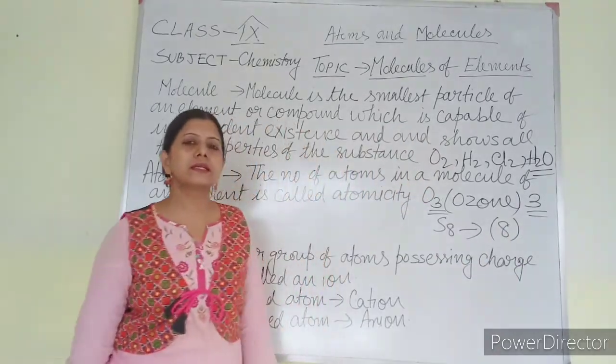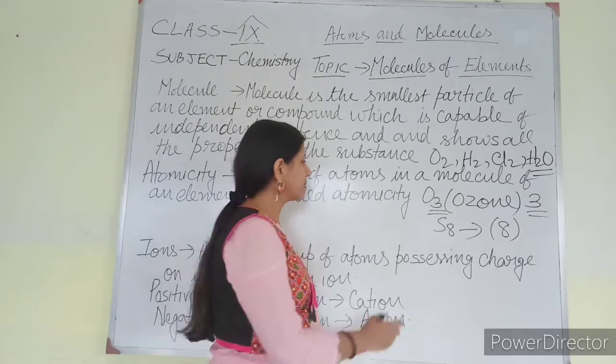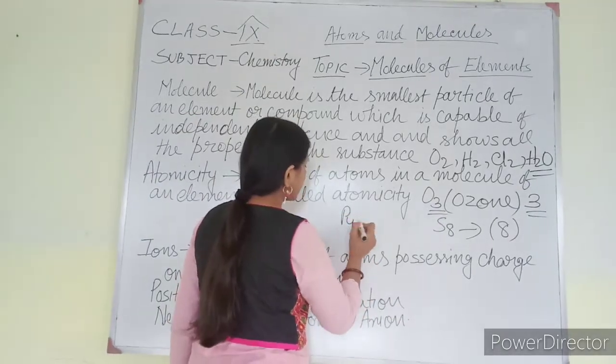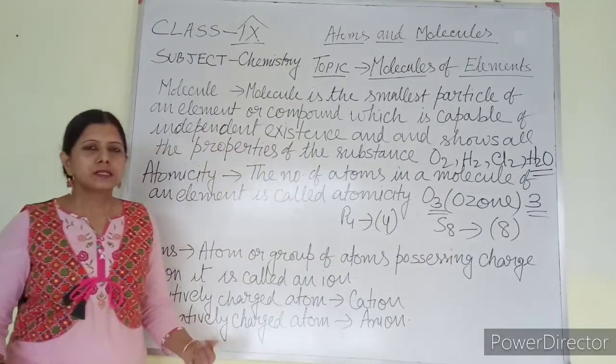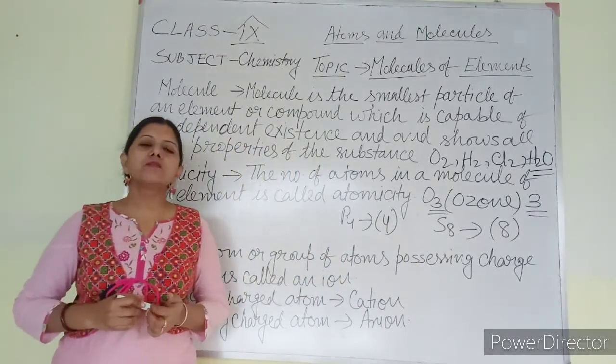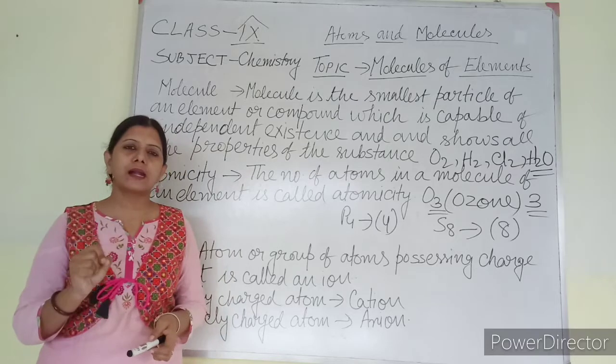Atomicity of sulfur is 8. Phosphorus is going to exist as P4. So what is its atomicity? 4. Similarly, atomicity of a compound is the number of atoms